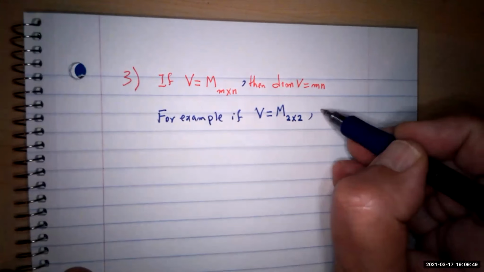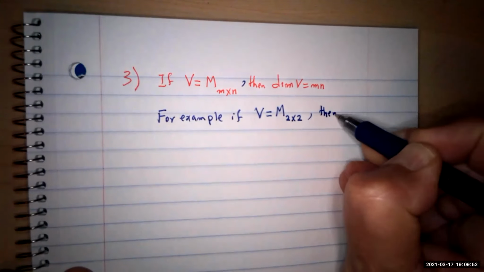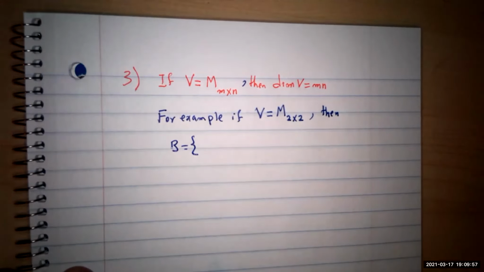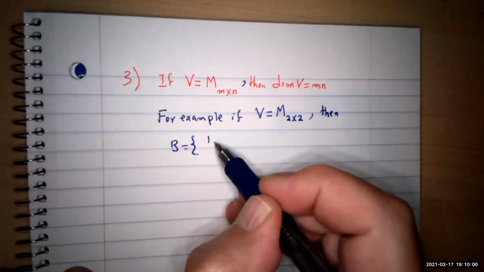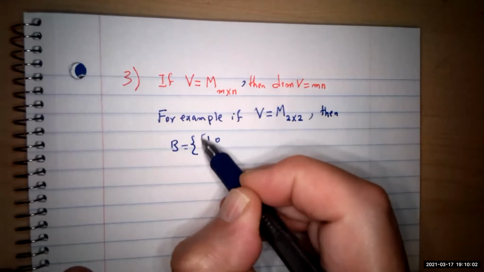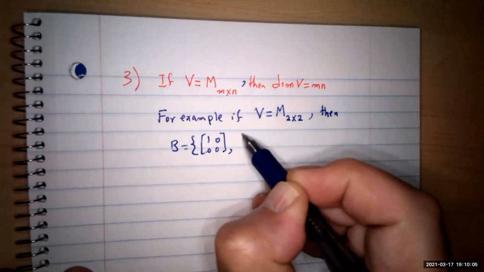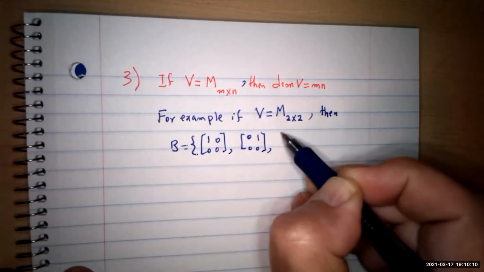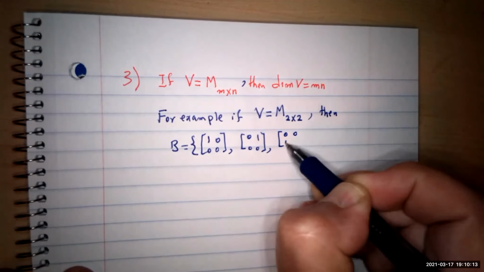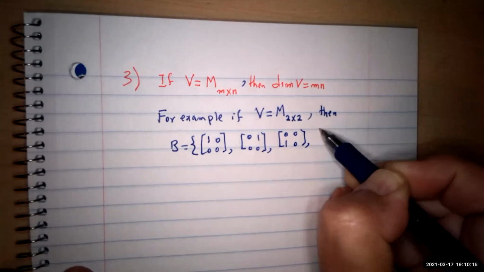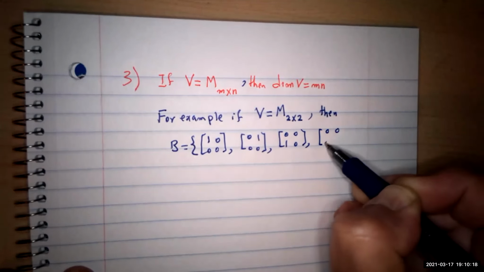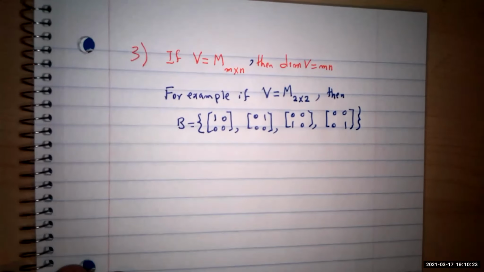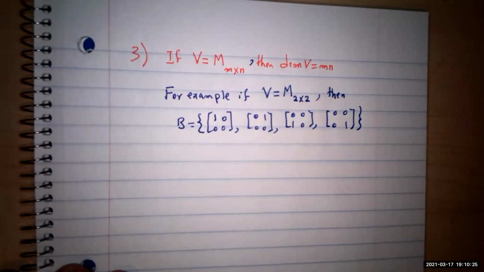Okay, if this is going to be the case, then I can give you a basis. So what's going to be a basis for all 2 by 2? We already talked about this one. So the matrix is going to be [1, 0; 0, 0]. This is one vector. Then you move the 1: [0, 1; 0, 0], and then [0, 0; 1, 0], and lastly [0, 0; 0, 1]. You know that this is going to be a basis for the vector space of all 2 by 2